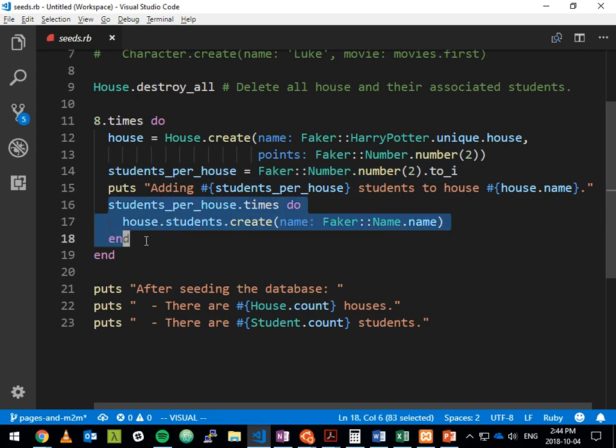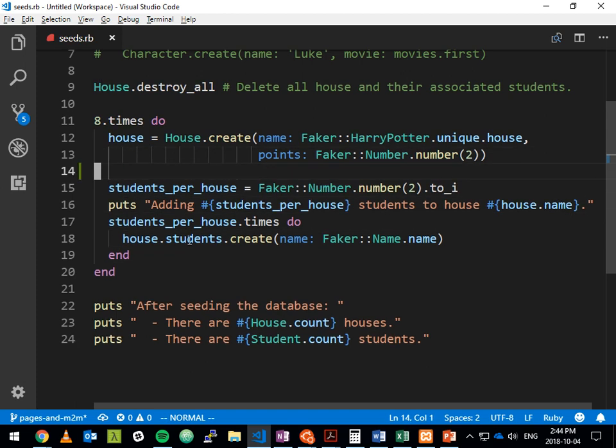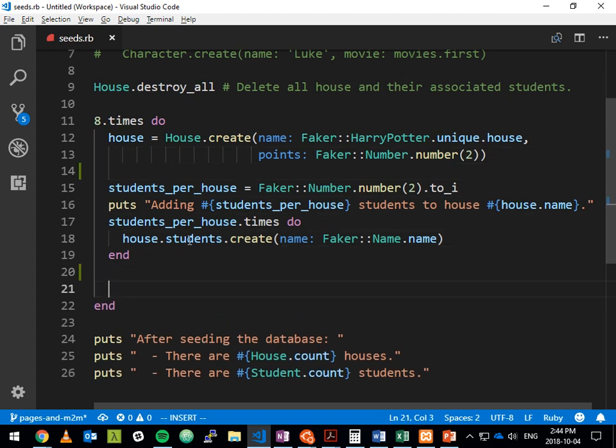So I created a random number of students per house. I will just create a single teacher per house. And so this is student stuff. This is teacher stuff. So I will say